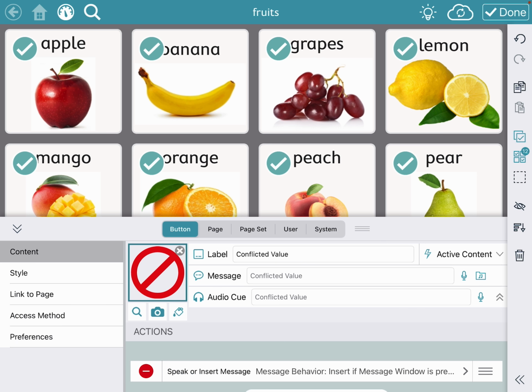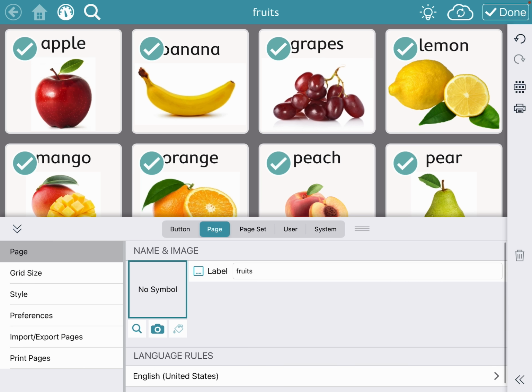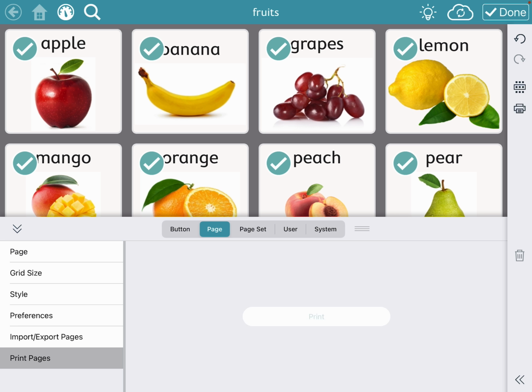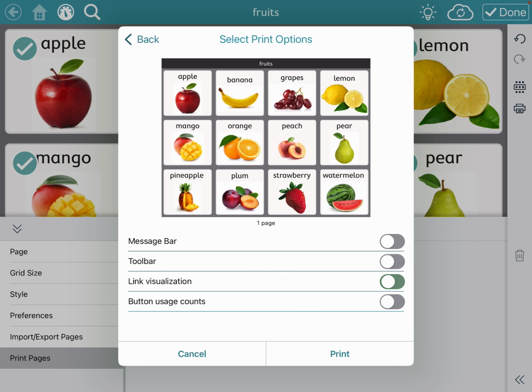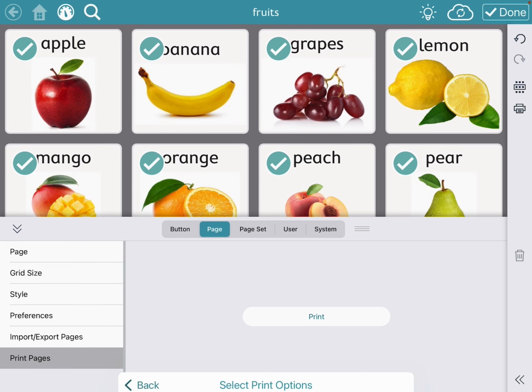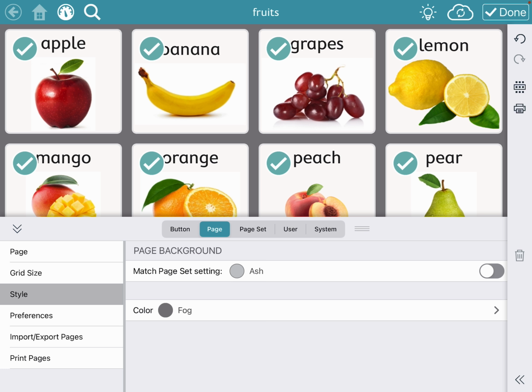What if I also want to print them? I'm going to go over to page. I'm going to print pages, print, next, toggle off anything here that you may not want to actually print, and then you could print that. If you want to save a little ink, I might go to page, style,